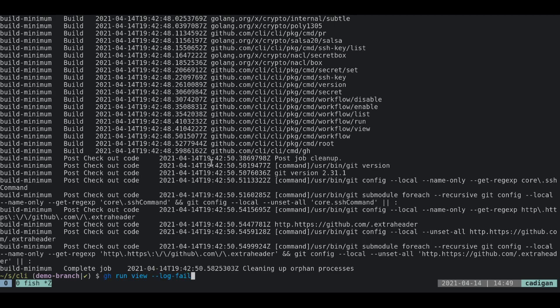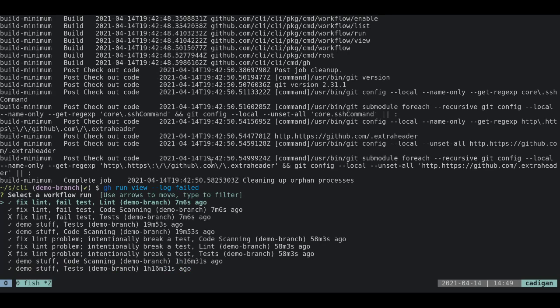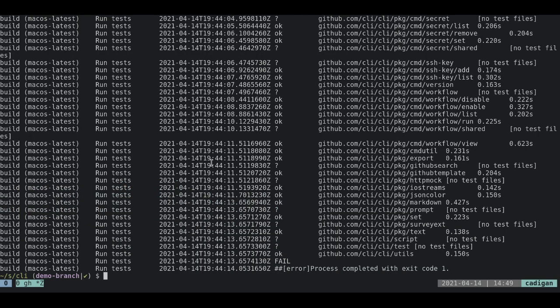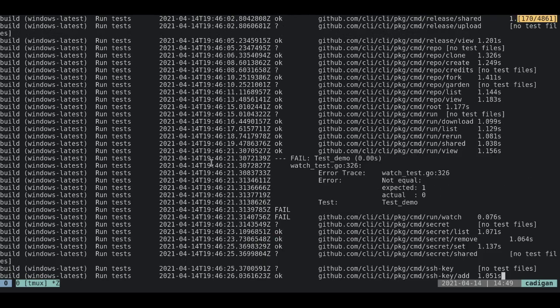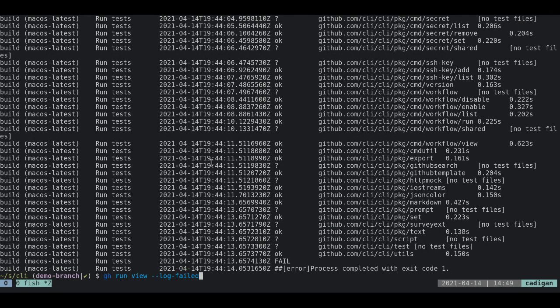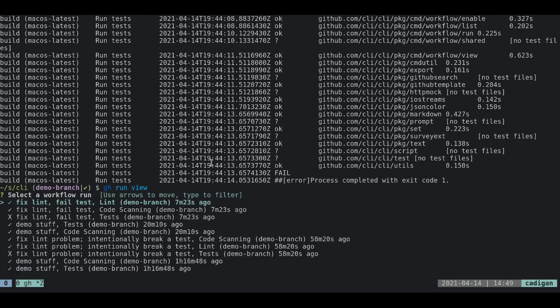But if you wanted to scan it first as a human, you can do --log-failed. That only shows you logs for steps that actually failed. So right away, we're seeing far fewer lines. We're just seeing the test suite output. That's really cool. So from here, if we wanted to narrow that down even further,